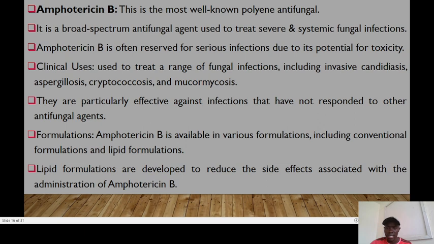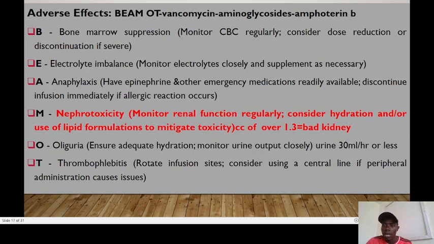So amphotericin is available in different formulations, including conventional formulations and lipid formulation. Remember, our lipid formulation is the one that is preferred to prevent some of the side effects, especially the effect on the kidney. Okay, so lipid formulations have been administered, and that's what you have already agreed. So we have common adverse effects for amphotericin B, and we normally use the mnemonic BEAM OUT. Right? Remember